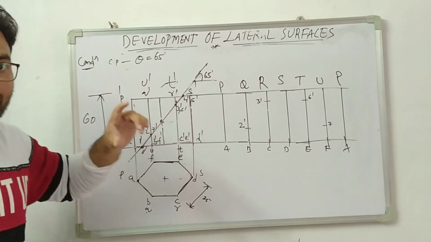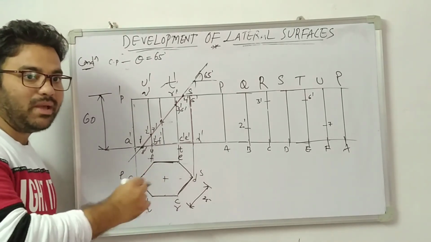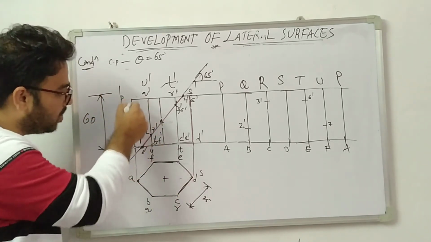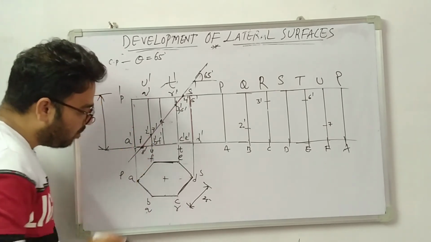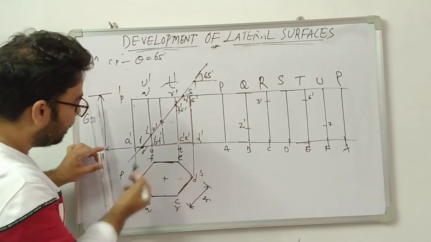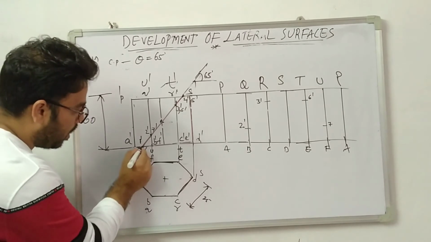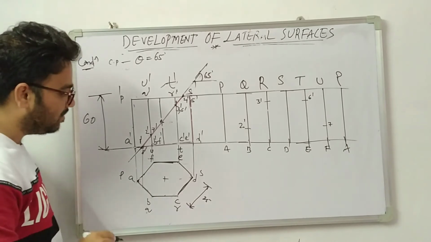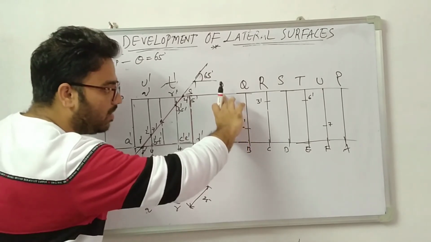So to get the true shape of the projection, simply we are shifting to where I can see the true shape of the base side. In the top view I can see the true shape of the base side. In the front view I can see the longer edge of the face. So here simply from 1 dash onwards, draw the projection line towards the top view, which should pass through AB and AF. Why should I pass this line? Because this is the true shape of the base. So this is the base shape, these are the longer edges.